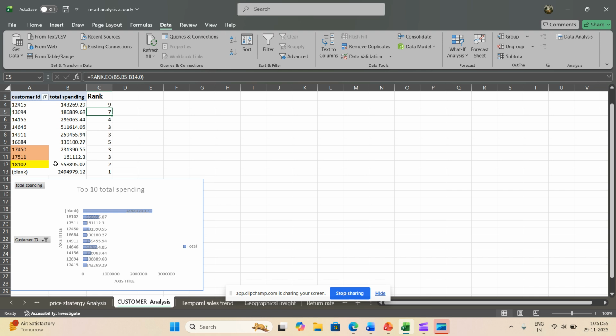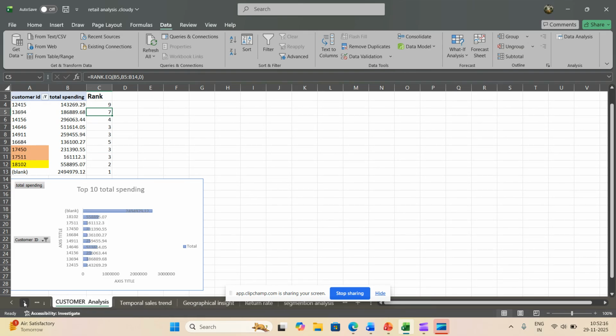Here we can see 18102, 17511, and 17450. These customer IDs fall into the second and third categories, which are the highest for our top 10 total spendings.